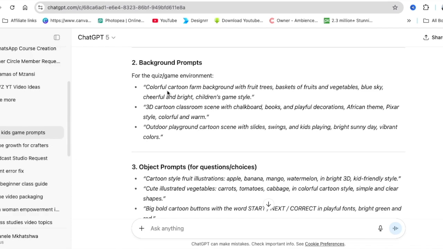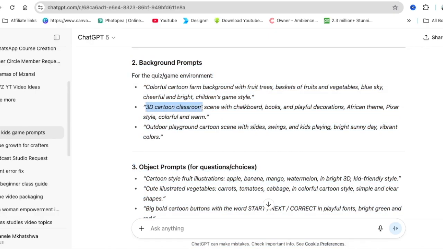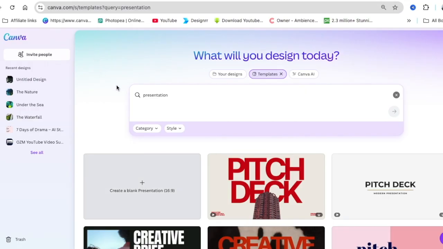It always starts with a background, in my opinion. So I don't want a classroom background. I just want to start with a farm for now. And then we can create even more games with the classroom and the cartoon slide with when the kids are playing on a slide. So I'm going to copy this prompt and I'm going to head back to Canva and